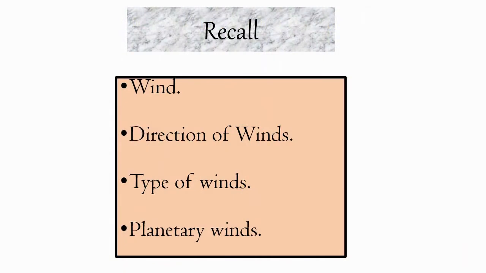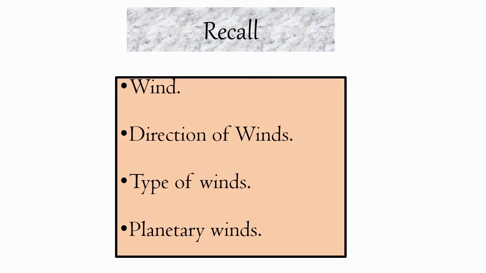Before moving further, let us first recall what we did in module 1. In module 1, we saw what is wind. The movement of the air is called wind. Wind is caused by differences in air pressure within our atmosphere. Air under high pressure moves toward areas of low pressure. The greater the difference in pressure, the faster the air flows. Wind velocity is measured in the units of knots or kilometers per hour.